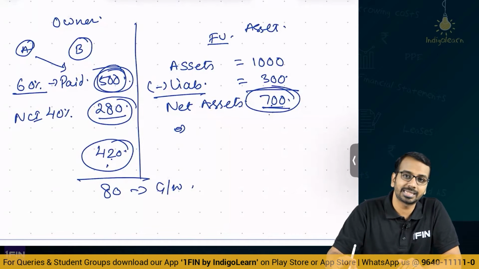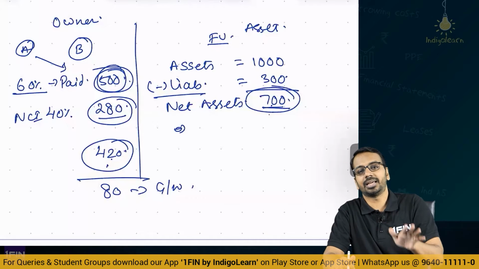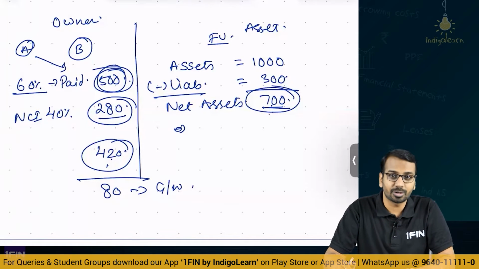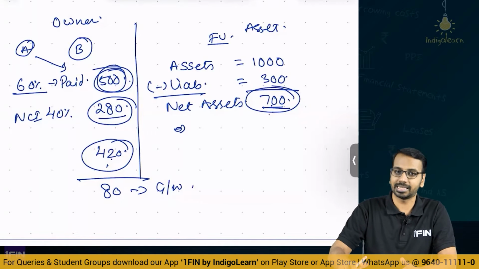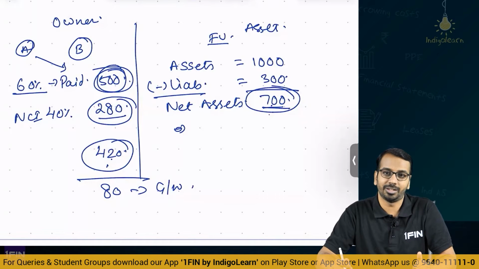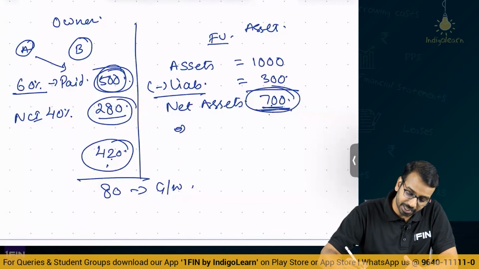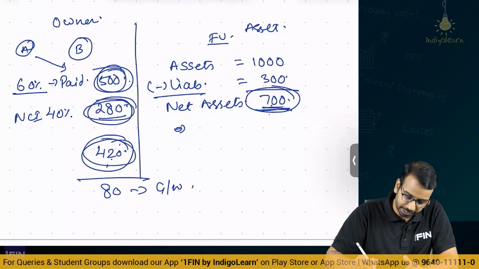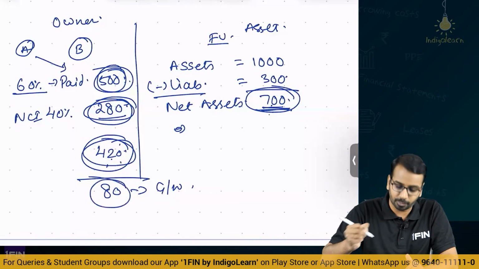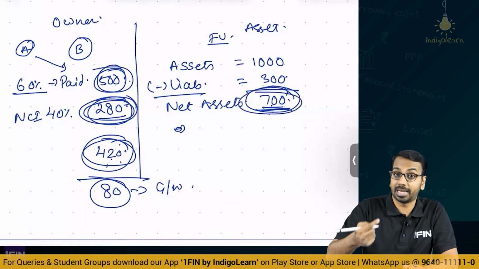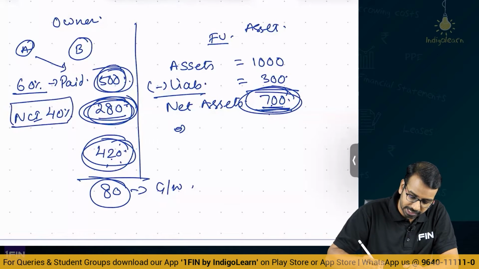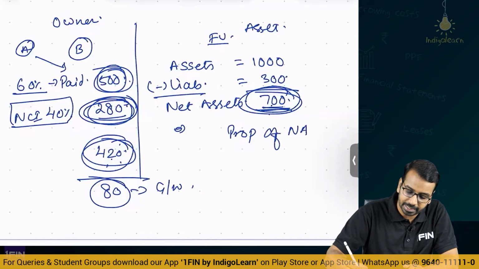Sir, what if I pay less? If I pay less, there is a gain which is taken as capital reserve, but gain scenarios are very, very rare. Even the standard says if there is a bargain purchase or if there is a gain that is happening, you have to relook at the fair values, right. Now, net asset 700, NCI takes 280, we are left with balance 420 and 500 minus 420, extra amount paid is goodwill. This 40% of 700, what we calculated is what belongs to NCI. This method is called proportion of net asset method.